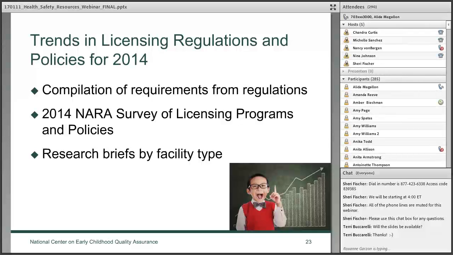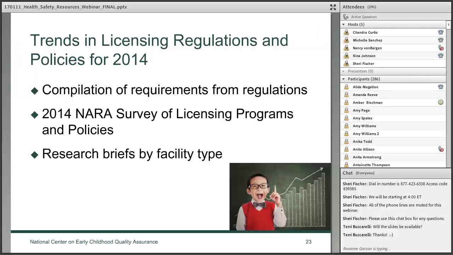And they include a compilation of requirements from regulations and an analysis of a survey that NARA sends out to all of the licensing agencies across the country. I'm sure some of you on this call have filled out that survey.